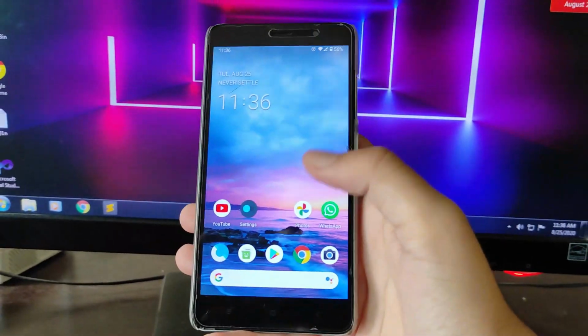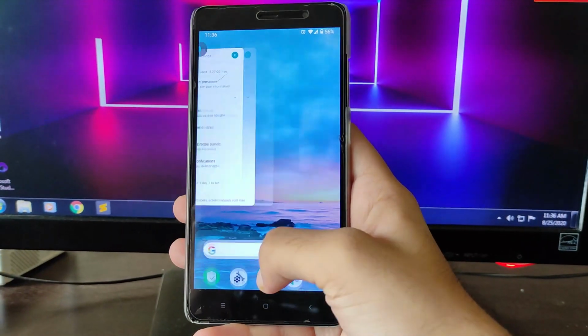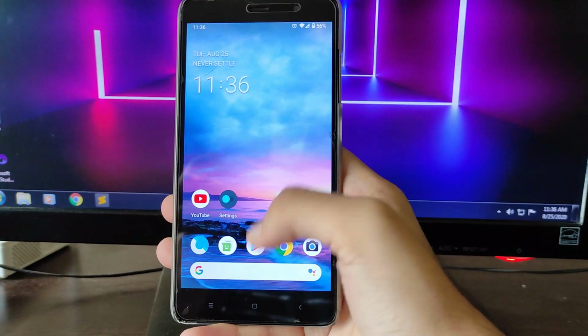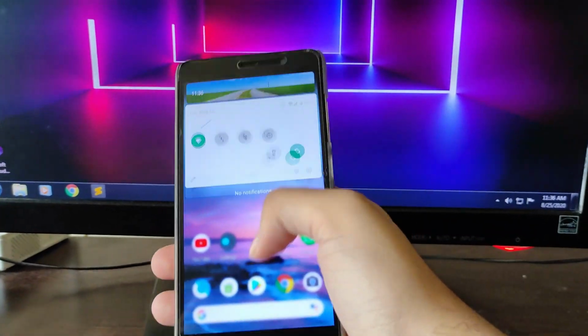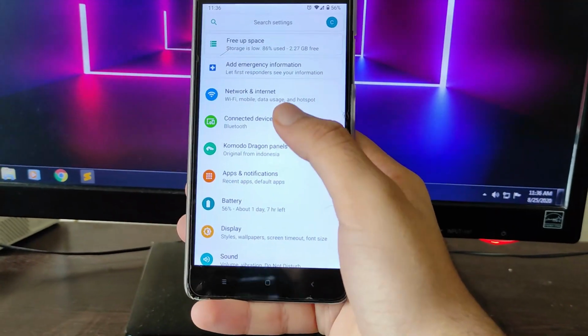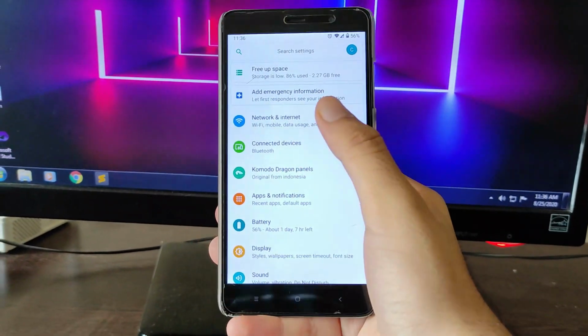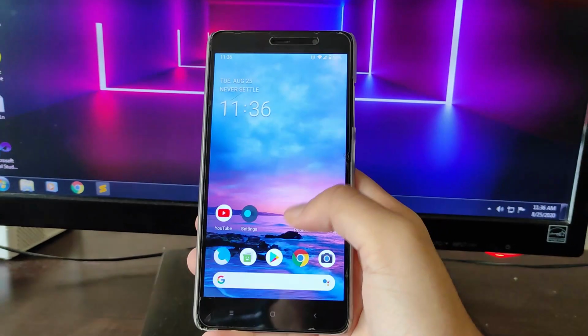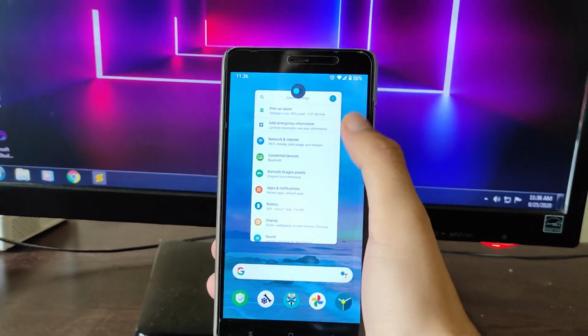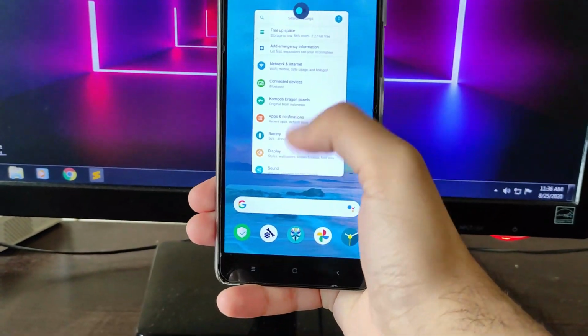Okay, so guys, then there's another bug. As you can see, this is working, but the gestures, the app drawer is not getting open. The quick settings are getting open, but when you open the settings, the touch will just not respond, as you can see. But then you can go home and you can access the quick settings, but you will not be able to close the app. So this is a bug present here.